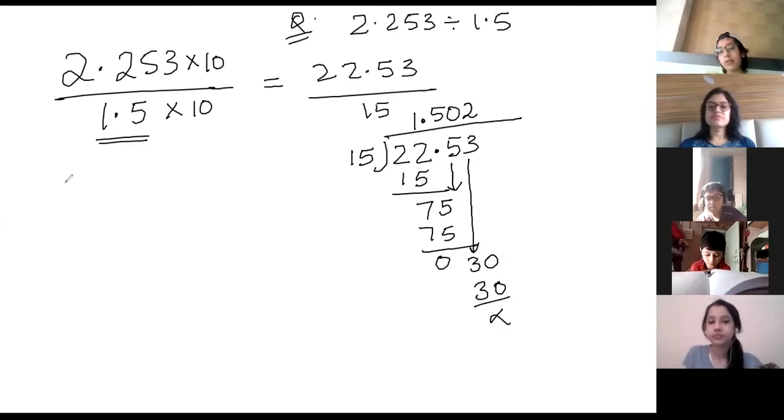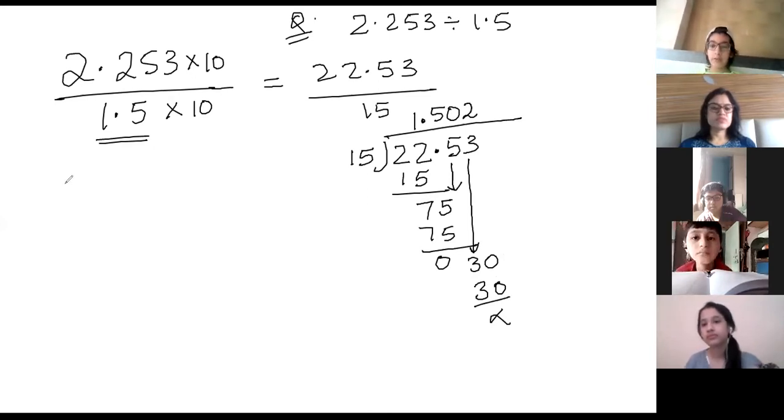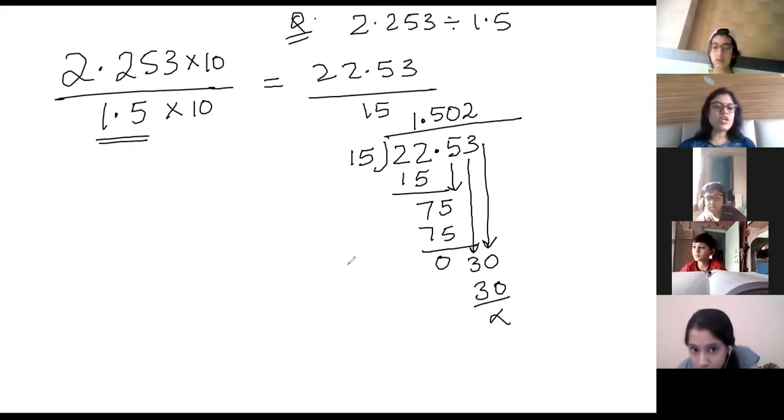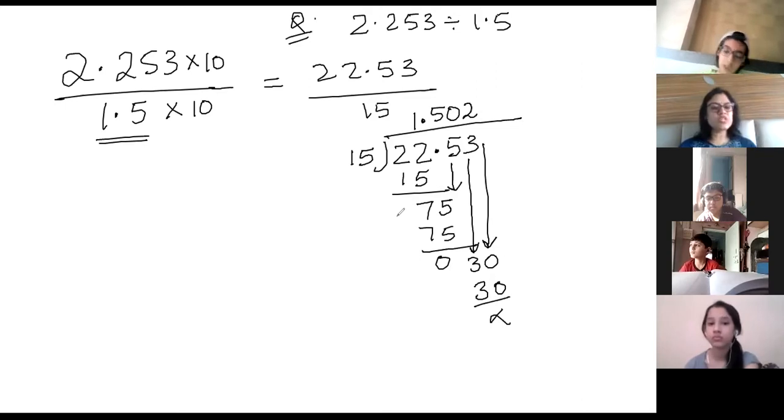Ma'am, I didn't understand. Why do you have to put a 0 above and then below? Because from the first we have the decimal, so you can put the 0. You have already a decimal, but you have brought 3 down. 3 will not go by 15, right? So you are putting two numbers together, 3 and 0. You can only put 1 0 on your own, but here you are putting 3 also and 0 also together. So when you are bringing two digits down, you have to put a 0 in the quotient. Is it clear? So that is why we did that.